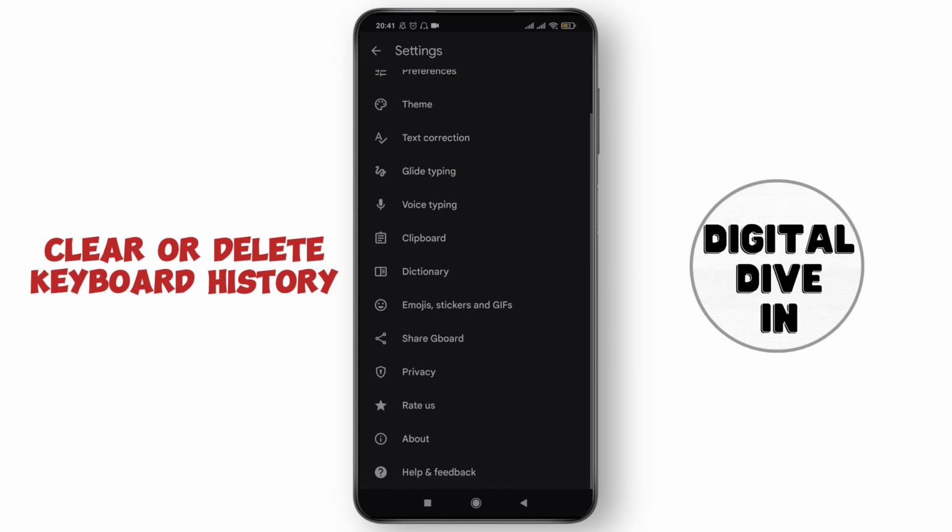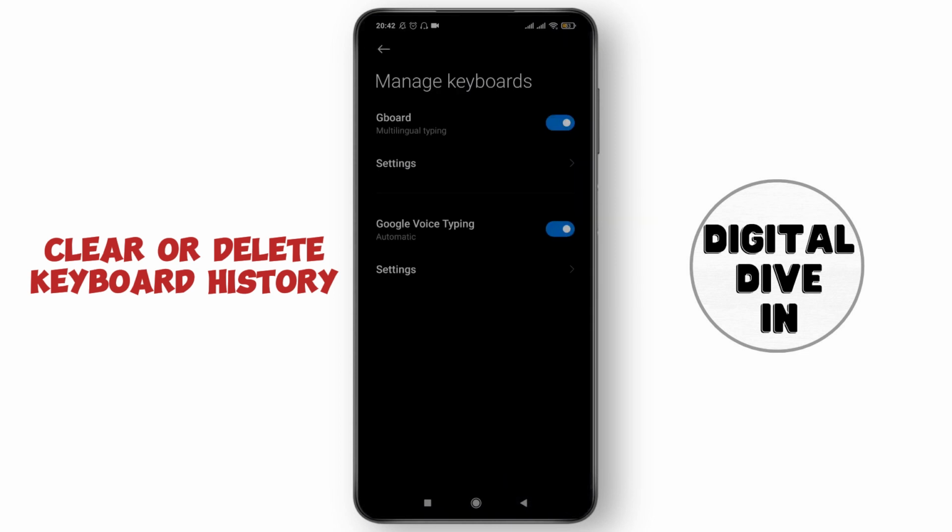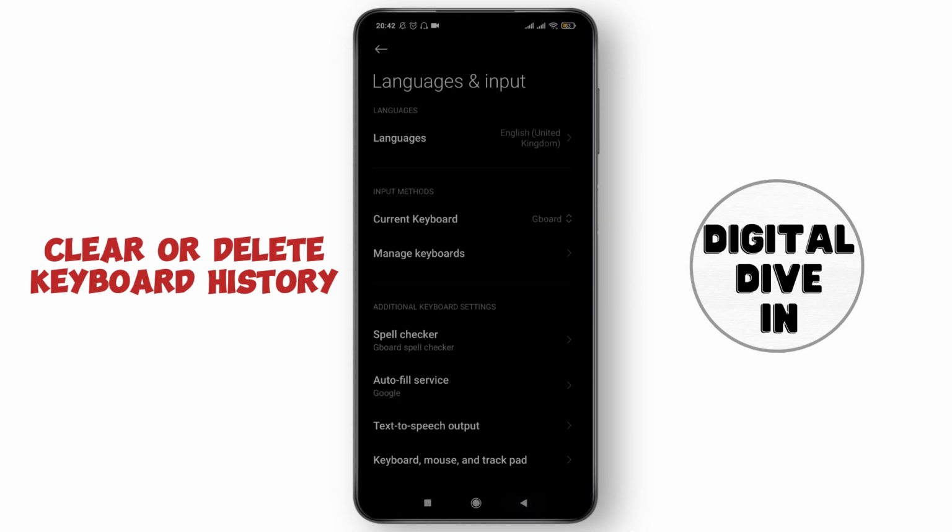The next thing you can do is go to help and feedback, and here you can manage or change the option as per the necessary, which will help you to fix your Gboard or the keyboard you